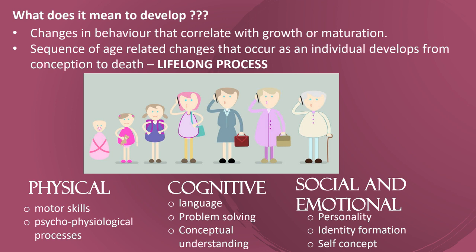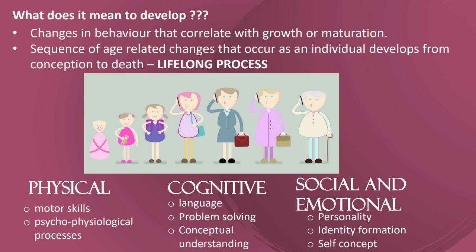Sometimes it's mainly positive development, but as you get older, when some of your gray matter, your gray cells, start to disintegrate, development is actually not a positive outcome. There are a few negative things that link in there too into late adulthood. But basically, it's very much age-related changes that happen sequentially. From the time that we are conceived up until the time we die, there's a series of changes that take place. So it's a lifelong process,